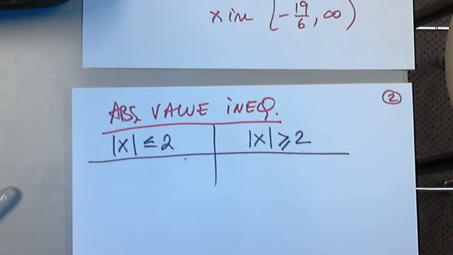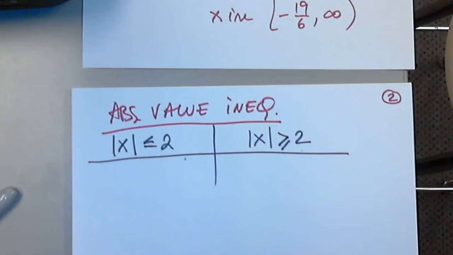I have here 0. Negative 2. And I have here 2. So how many numbers have the distance from 0 exactly 2? Negative 2 and positive 2 are exactly 2 units away from 0, correct? But now I want to determine all real numbers, all x values, all possibilities of numbers that